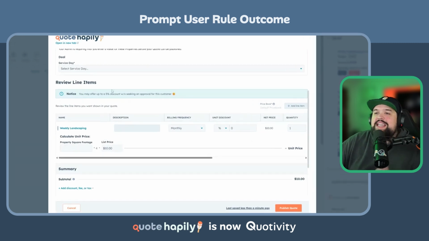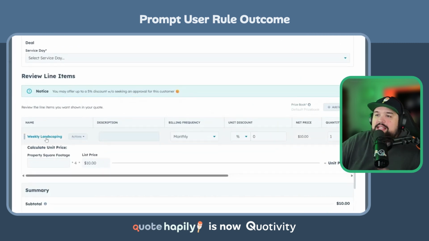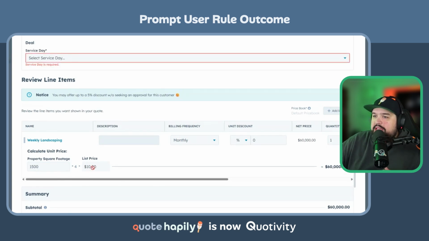And what you can see is first, it's going to go ahead and say, cool, here's your weekly landscaping. To price this out, since you go 4 days every single month, and this is a monthly product, right? It's $10 per square foot. So when we put in the property amount, so let's say we're doing a 1,500 square foot lawn right here, right? At 4 days a week at $10 per square foot, we're looking at about $60,000 a month for